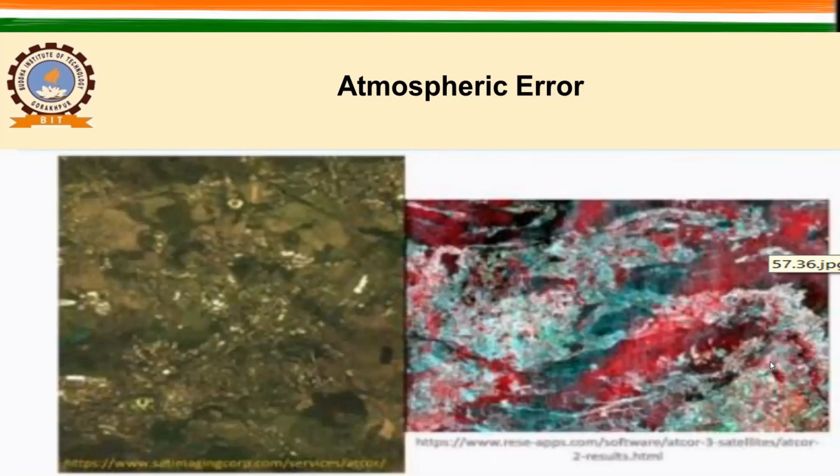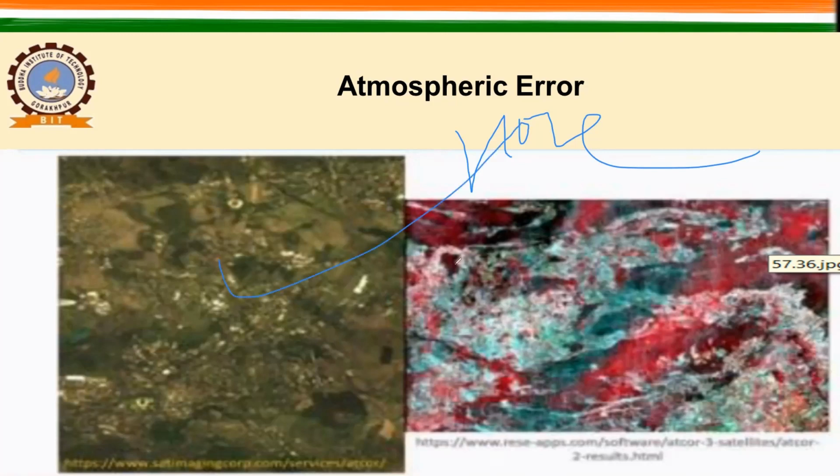So you can have one image here, it is having some haze. ठीक है, यहाँ पे हमारे पास एक image है जो it is having some haze. Okay, so we have to remove this in order to use this image. हमें इसको remove करना है इस haze को. So if you remove the atmospheric component from this, then this will look like this. ये इस तरह कुछ दिखेगा.